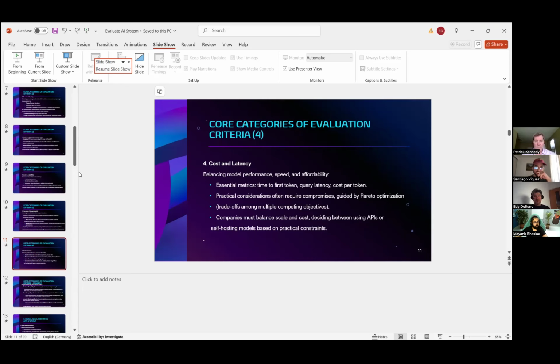So within this criteria, we have a sub criteria, which is if we go to self-host a model, which comes with a different set of requirements, or to use an API from a provider.